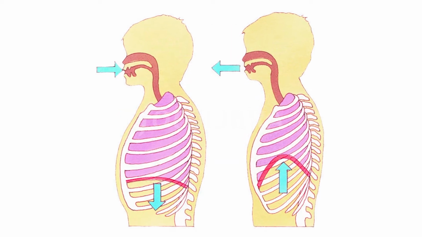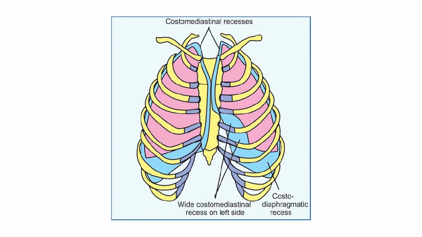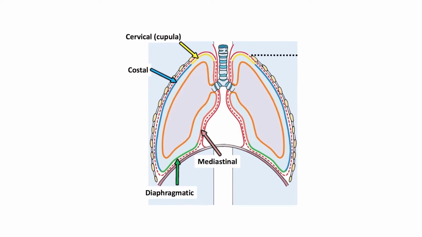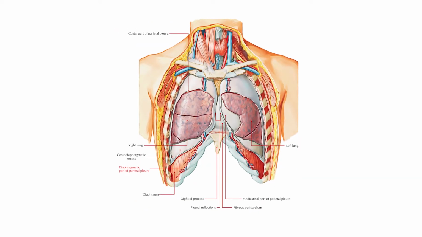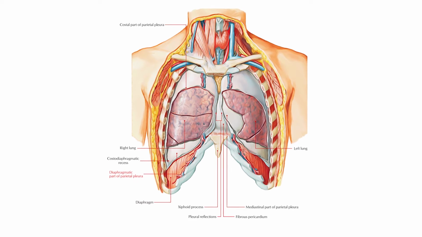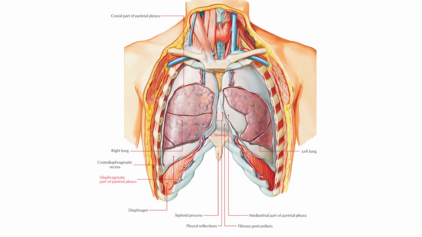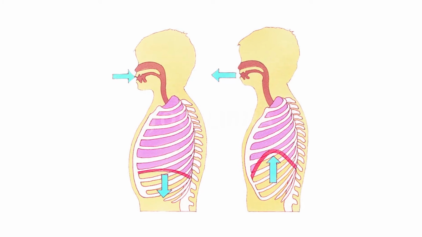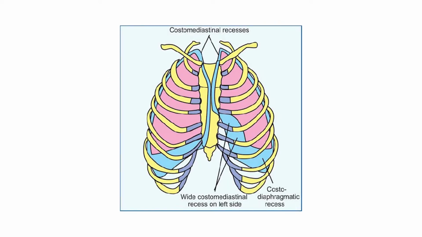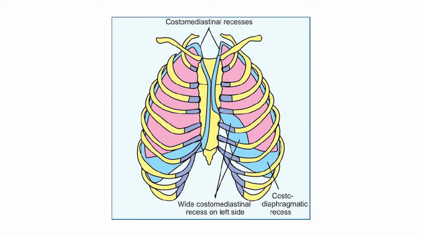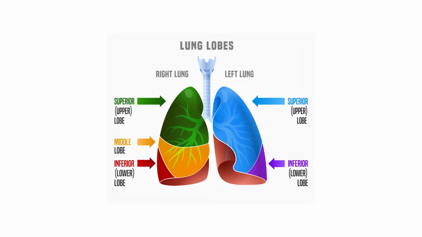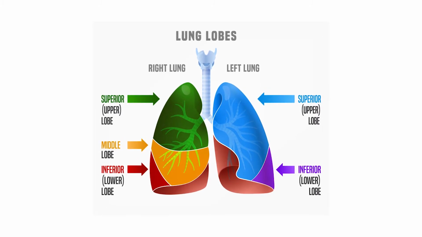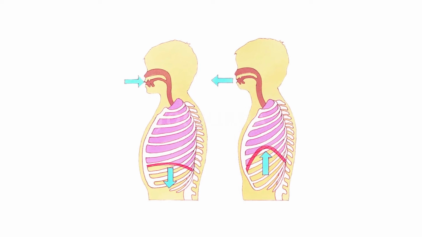The costomediastinal recess is a potential space at the border of the mediastinal pleura and the costal pleura. It assists lung expansion during deep inspiration, although its role is not as significant as the costodiaphragmatic recess, which has a greater volume. The costomediastinal recess lies anteriorly behind the sternum and costal cartilages between the costal and mediastinal pleura. Particularly, it is only obvious in the region of the cardiac notch of the left lung. This recess is filled up by the anterior margin of the lungs even during quiet breathing.